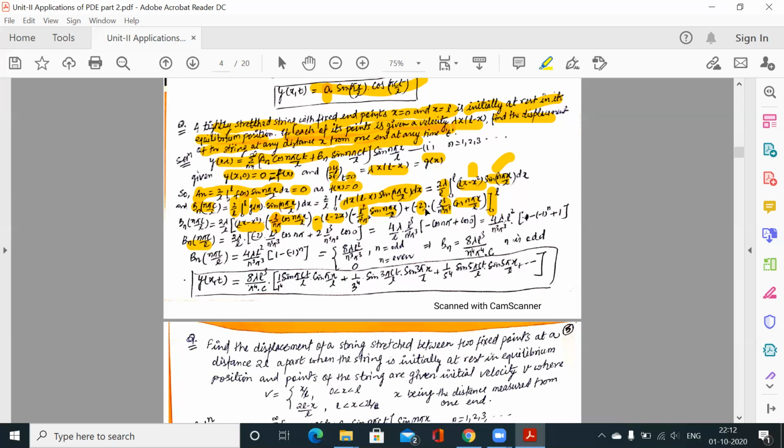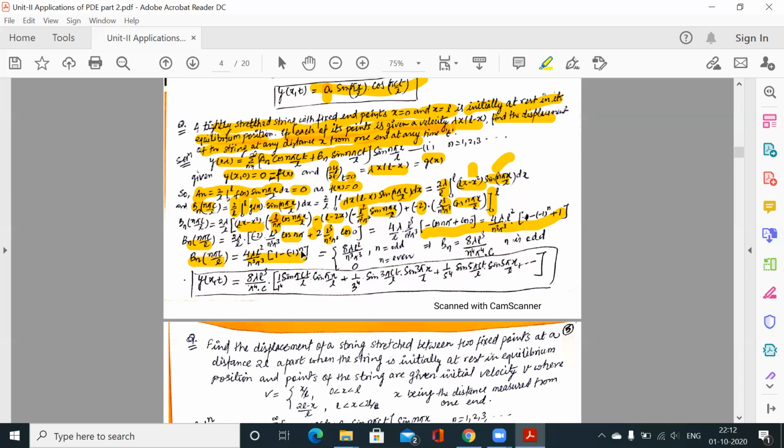केवल ये टर्म आएगा. माइनस 2 एल क्यूब बाई एन क्यूब पाई क्यूब कॉस एन पाई एल बाई एल, एल से एल कैंसिल हुआ, कॉस एन पाई, तो ये किया गया. माइनस लोअर लिमिट, सो माइनस की जगह हो गया प्लस 2 एल क्यूब बाई एन क्यूब पाई क्यूब इंटू कॉस जीरो. इसको सॉल्व कर लीजिए, उसके बाद क्या मिलेगा हमें? ये मिलेगा. सो दिस इज सॉल्यूशन. अगेन दिस इज वैल्यू ऑफ बी एन इंटू एन पाई सी बाई एल.